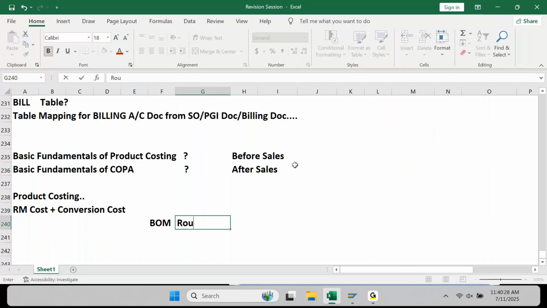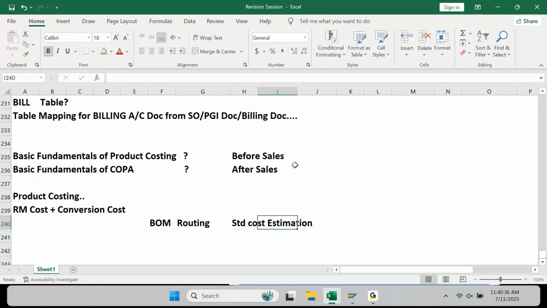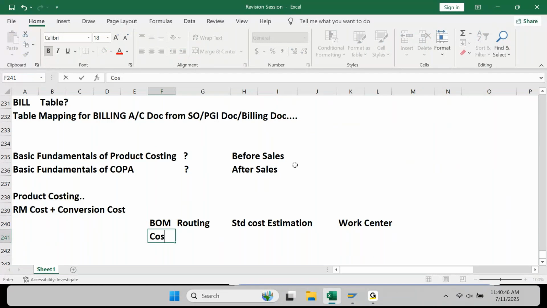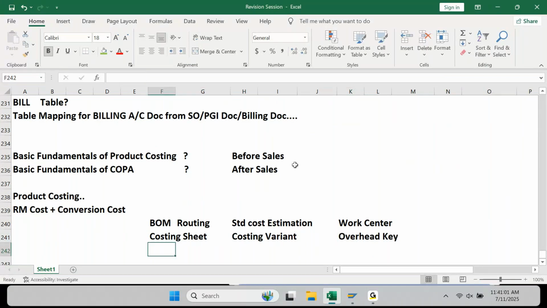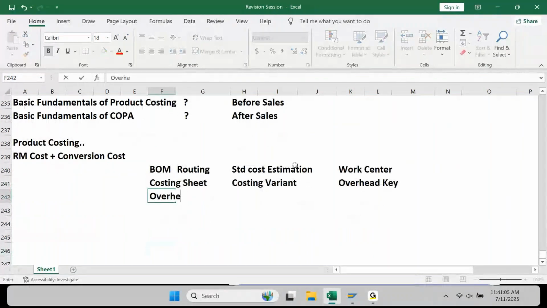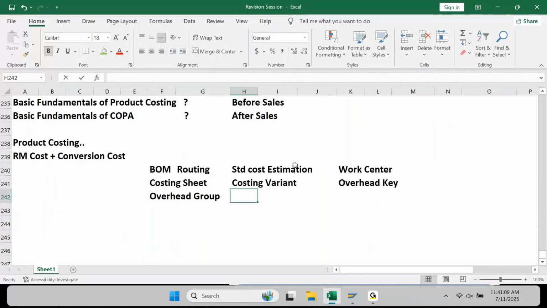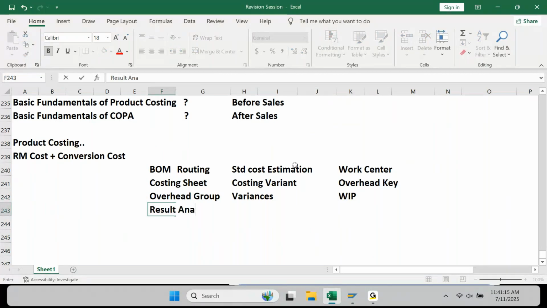Routing, work center, standard cost estimation, work center, costing sheet, activity, costing variant, landing cost, actual, overhead key, overhead group, variances, WIP, result analysis, cost elements,